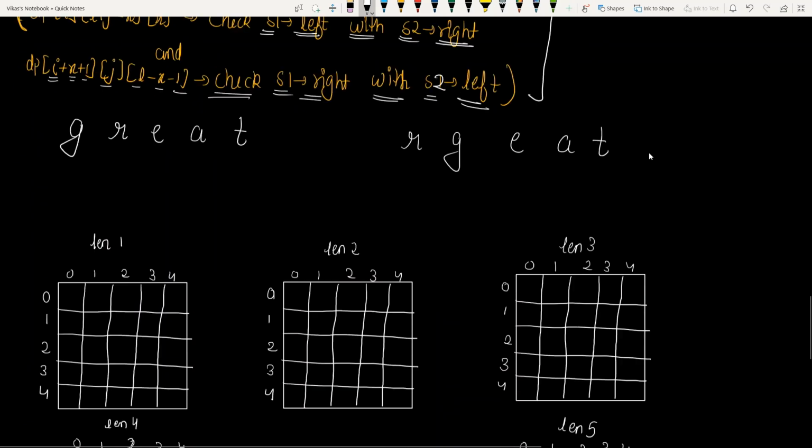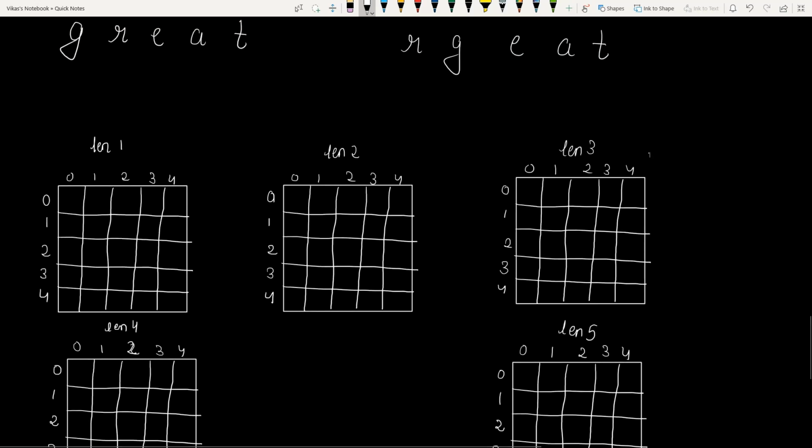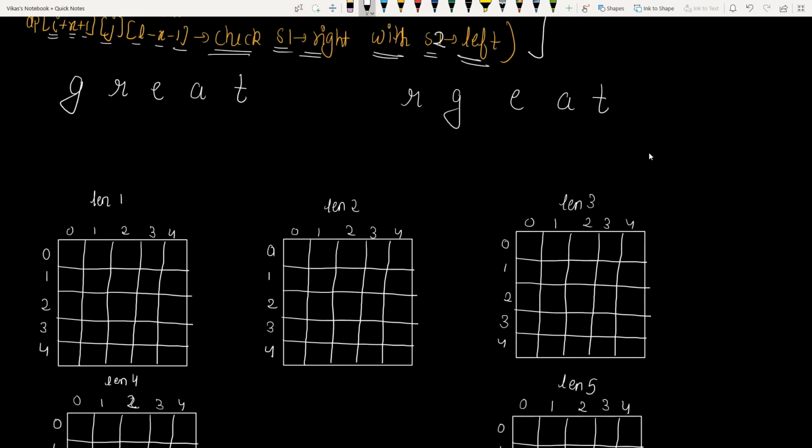So let's see. Here I have already drawn the dp array. Let's say this is our s1 and this is our s2. Firstly, I have created 5 2D arrays.